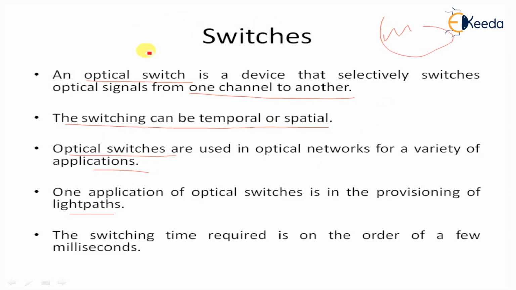So here we consider an example: one path is there, and a three-port switch is available, and the signal is transmitted to the second port. So the channel is from 2 to 3. Here the light is input, and the output is at 3. So this is the light input and the light output, and the light is directly switched from 2 to 3. Another important application is protection switching for signals from different directions.